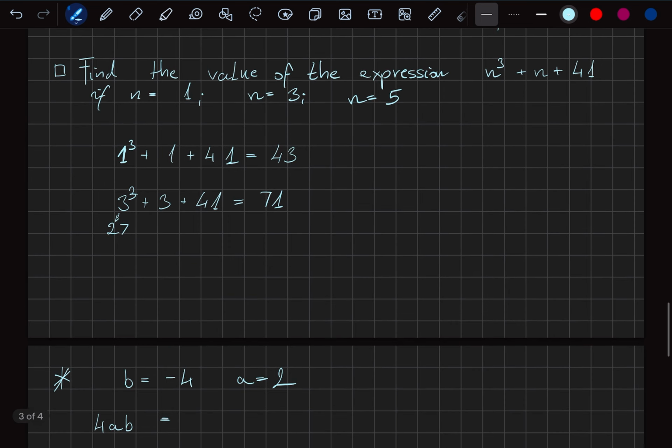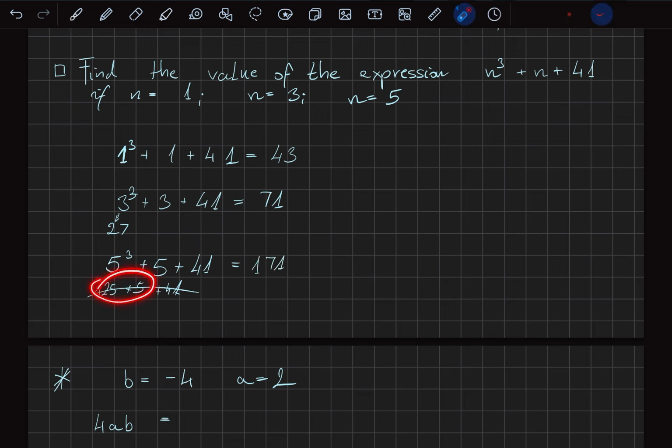Okay, and the last one, 5 to the power 3 plus 5 plus 41. 5 to the power 3 it's 125 plus 5 plus 41. This is just a sketch. It's 171. Okay, because it's 130 plus 70 plus 40 plus 1,